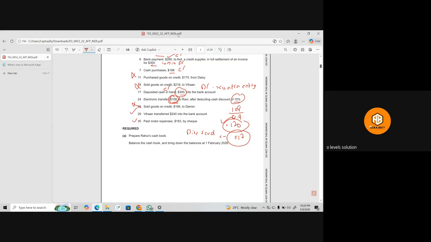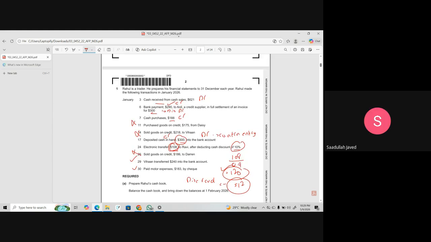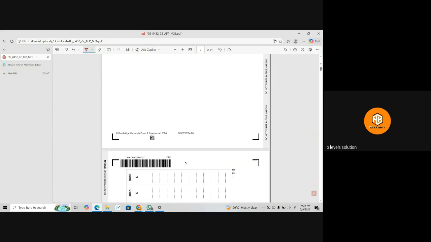ये भी हमें डिस्काउंट मिला है। बैंक पेमेंट 219 टू अनिल अ क्रेडिट सप्लायर इन फुल सेटलमेंट ऑफ एन इनवॉइस ऑफ 300, तो मतलब 300 माइनस 290, यानी कि ये $10 का आपको डिस्काउंट मिला। तो ये भी क्रेडिट साइड पे आ जाएगा, और बस फिर आपने उन दोनों को ऐड कर देना, 10 ये और 12 ये, 22 आ जाएगा, टोटल 22 आपने लिखना है यहाँ।